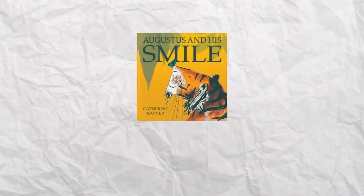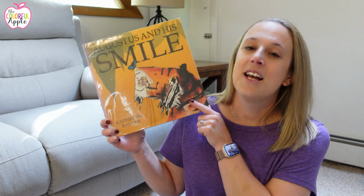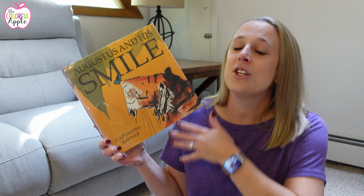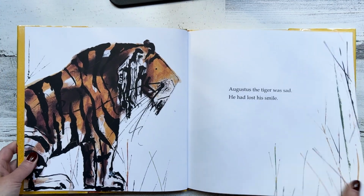Next, we have Augustus and His Smile. This one's by Catherine Rayner. In this book, Augustus the tiger has lost his smile. He's really sad, so he decides to search for it far and wide. And what Augustus finally realizes is that in order to find his smile, all he needs to do is find things